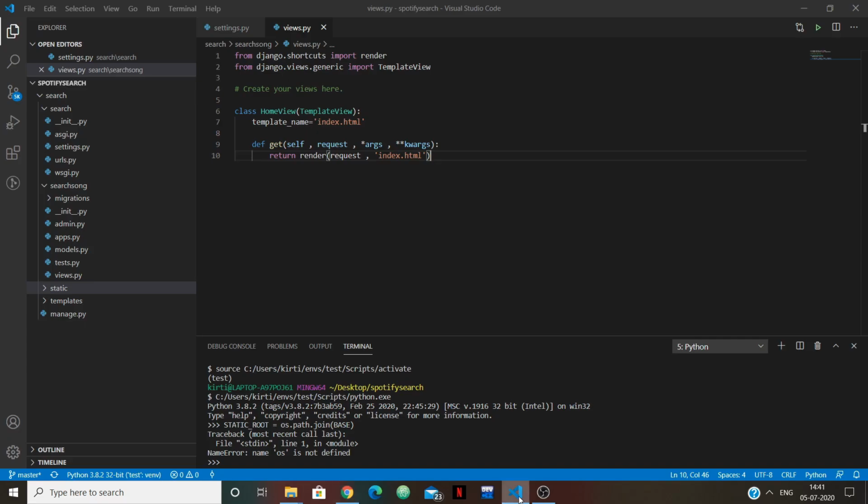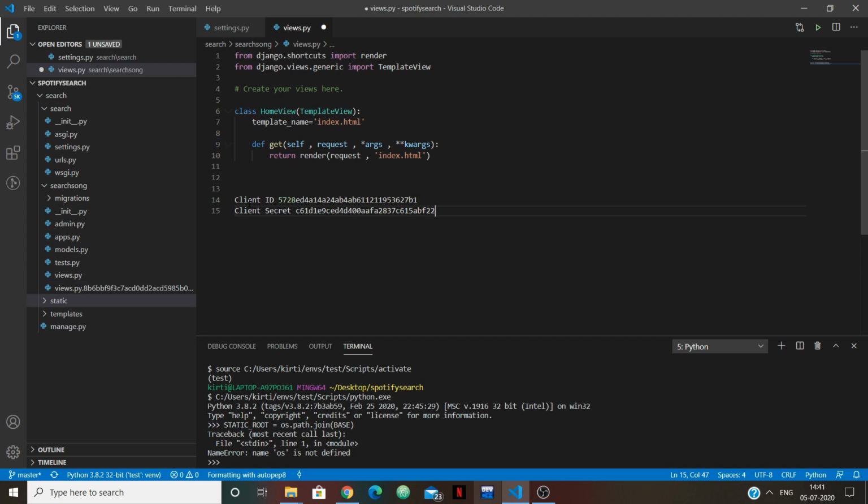and paste them outside this class, under this class. Okay, so I will paste it under this class. So I have pasted my client ID and secret. Let me just create this variable for you.